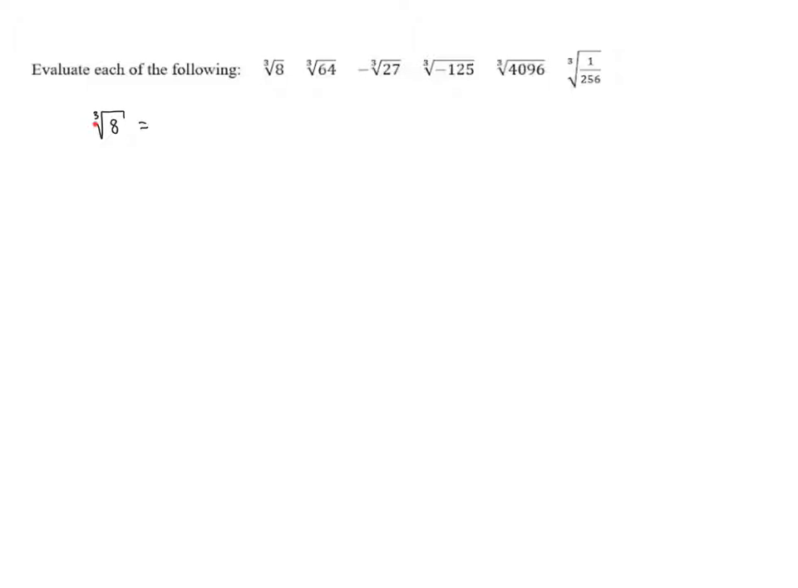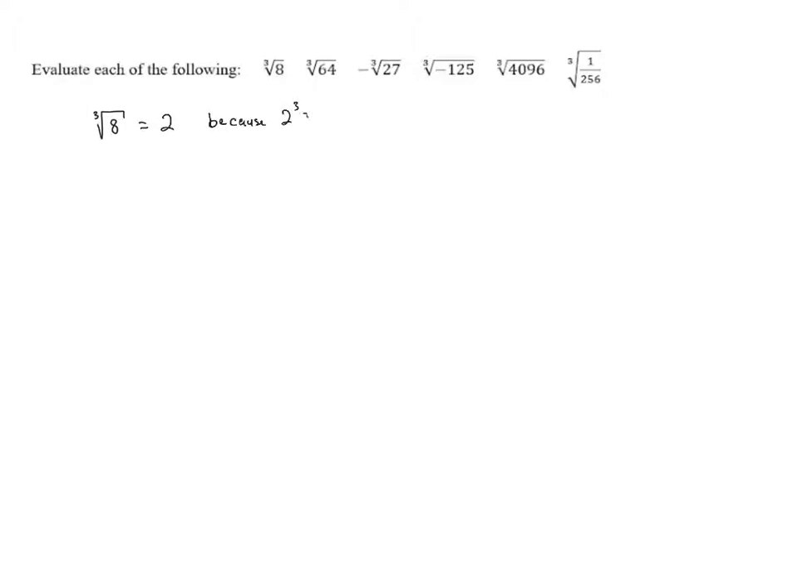Remember, the radicand is the number on the inside. The symbol is called a radical symbol. And also, the little number up here is called the index, and that tells us which root we're taking. So here we're taking the cube root. And so we need to ask ourselves, what number can we cube or multiply by itself 3 times to end up with 8? And the answer ends up being 2, and this is because